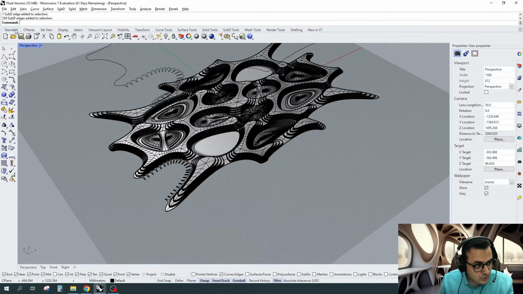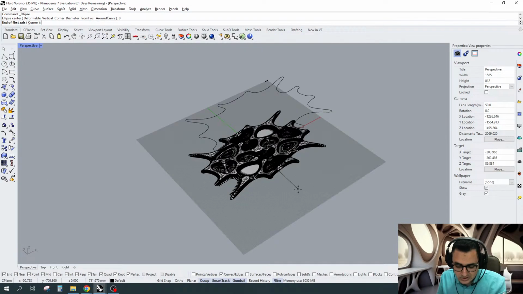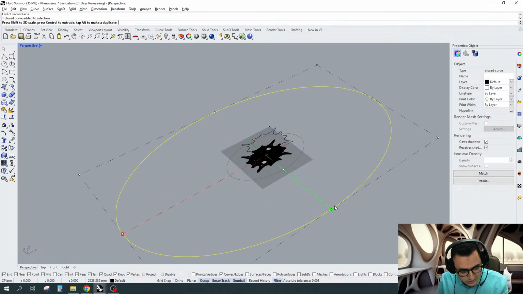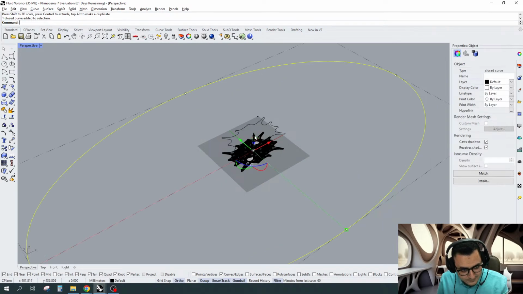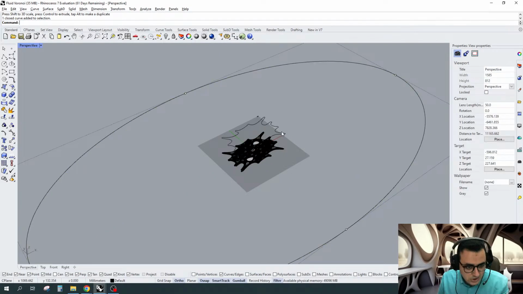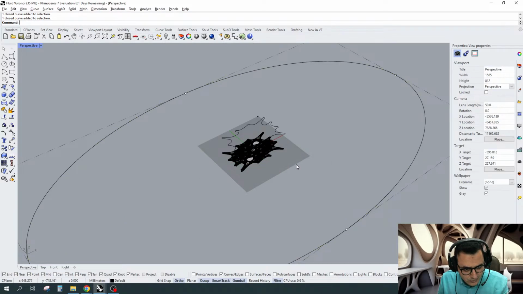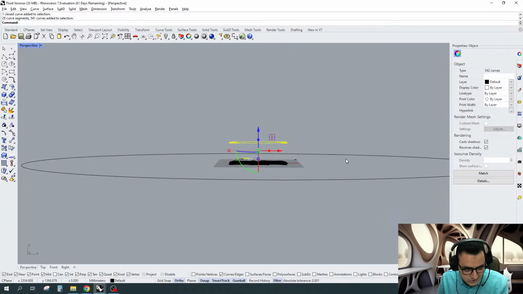And let's go to here and create an ellipse, and the ellipse will start from the 0 point, and let's enable the F8, which is the ortho, and something like this. Maybe let's scale it down, just something very huge like that, and move it up 500. Or maybe we can select this one and this one, the curve. Okay, these need to be joined, so let's select those and join them,